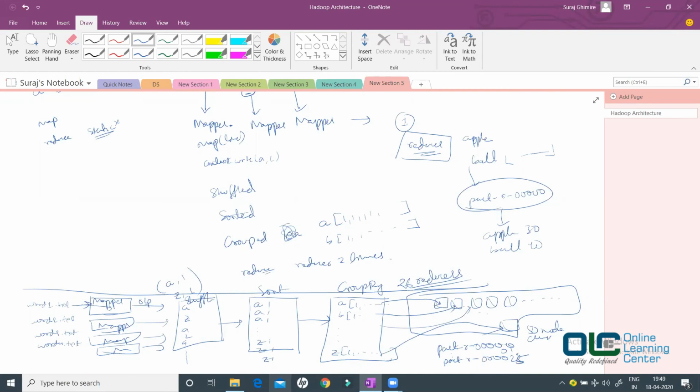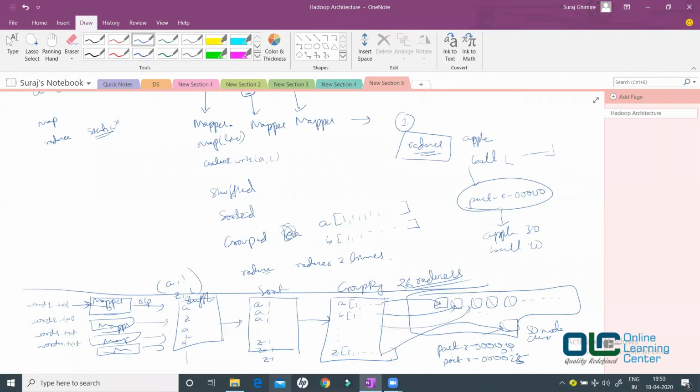If you really want to reduce the traffic, then you will have to do something locally. We have a concept called combiner, right? Here we have not discussed that. We will not talk about it right away, because it will be very difficult for you to digest everything in a single day. I just wanted to keep it very simple, like this is how a normal word count program will flow.